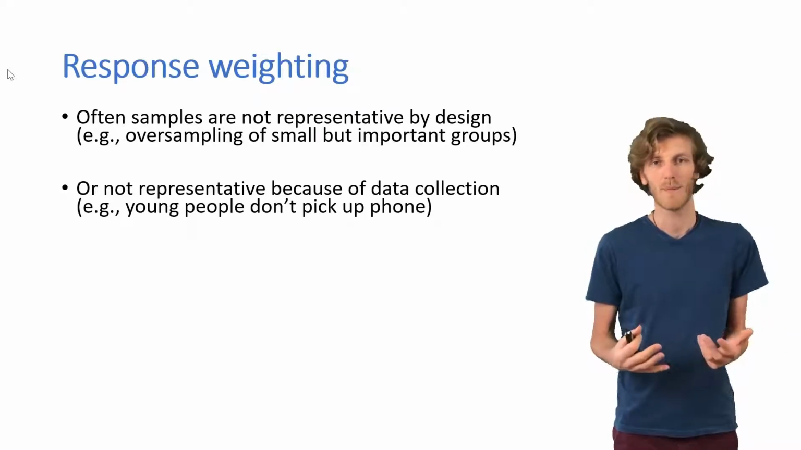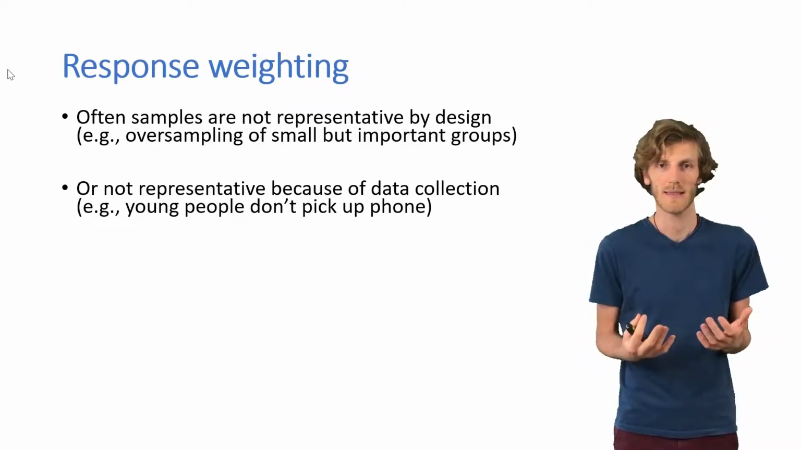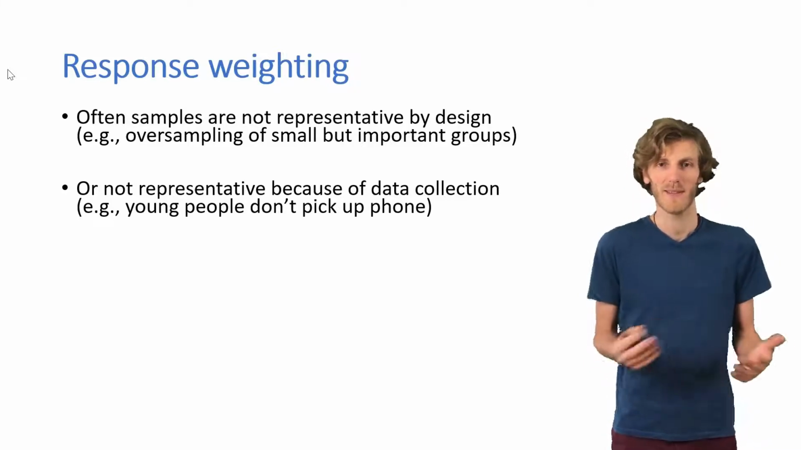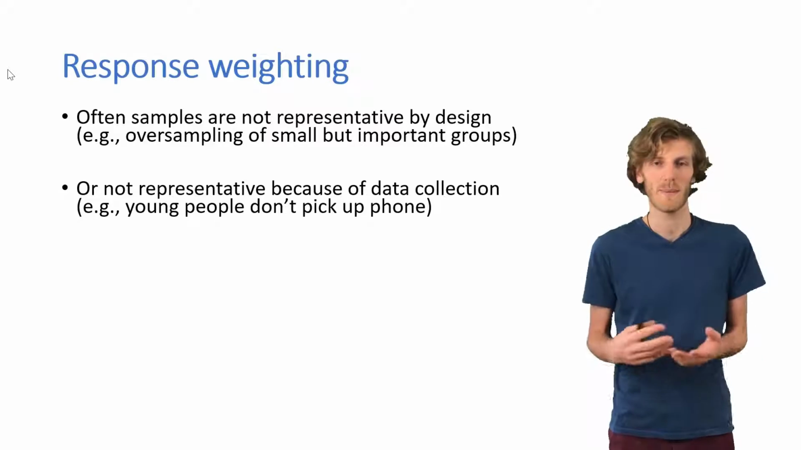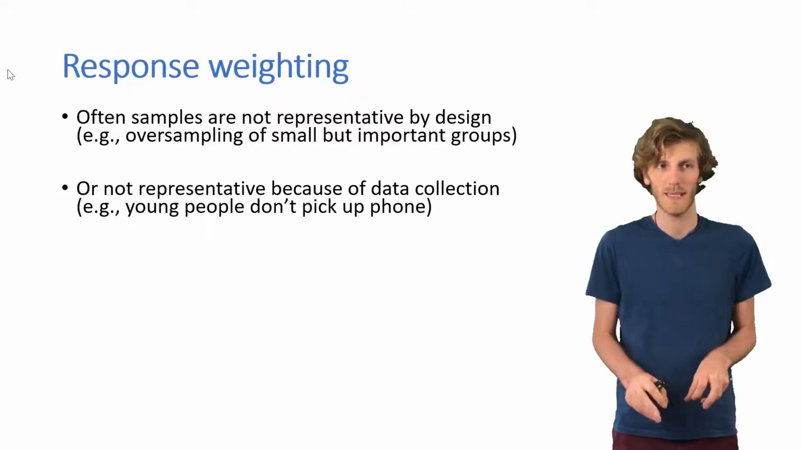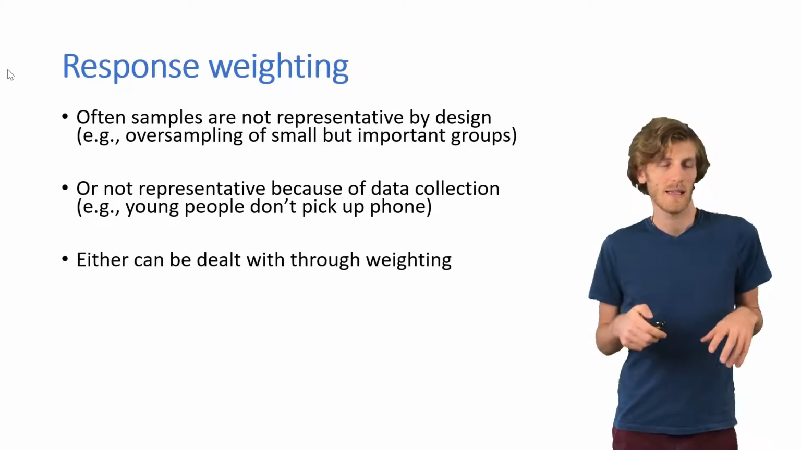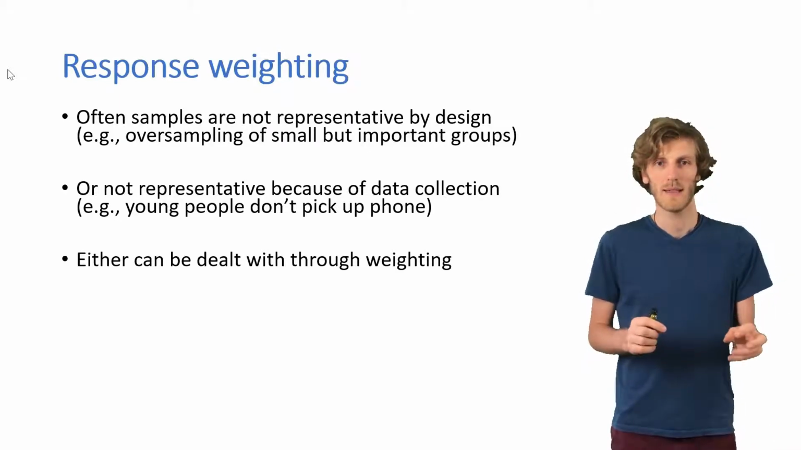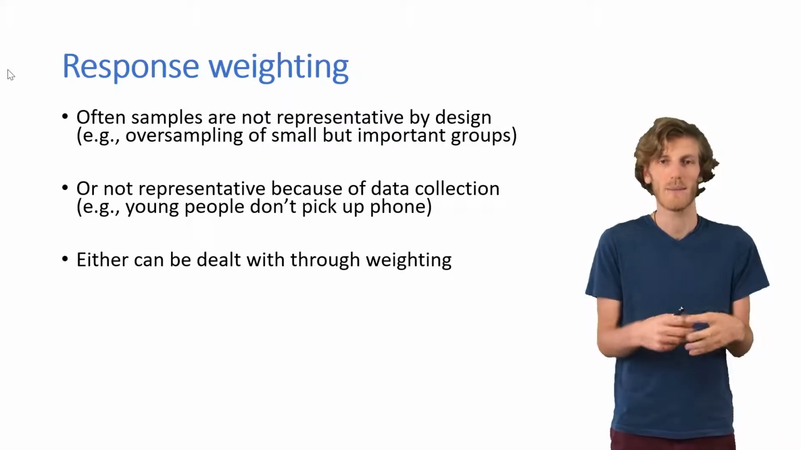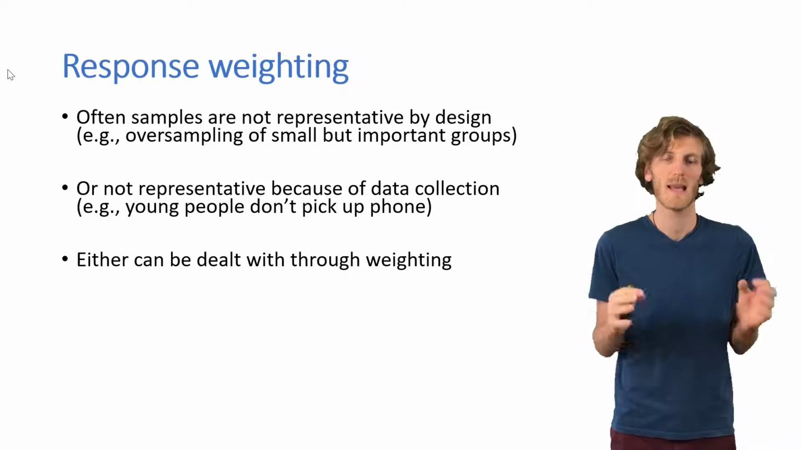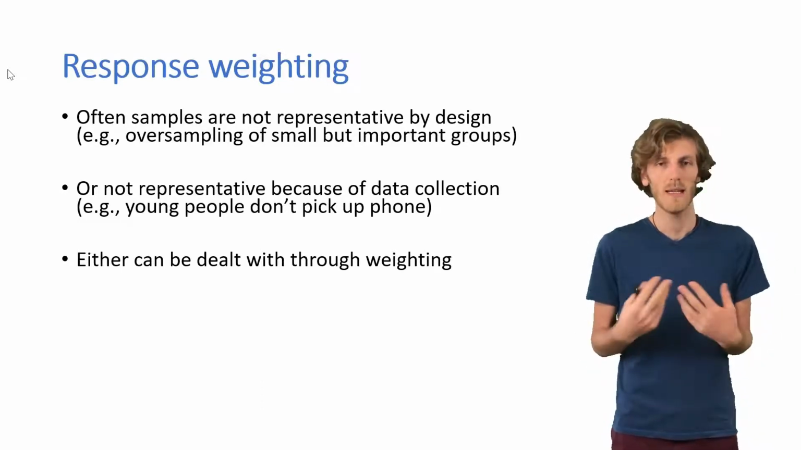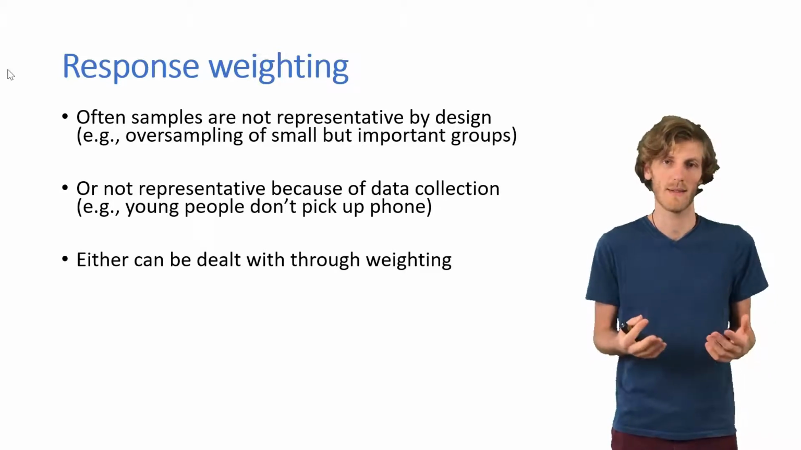Something similar might happen in the data collection process. If we do a phone survey, usually many young people don't have a landline, don't pick up, don't have time. So in our sample we might actually have far too few young people. Both of these can be dealt with by giving more weight to participants in our sample that come from a group that's underrepresented and less weight to participants that come from a group that's overrepresented when we calculate any statistical